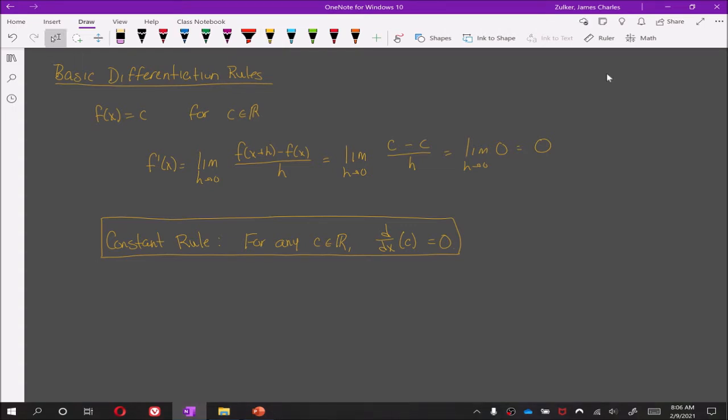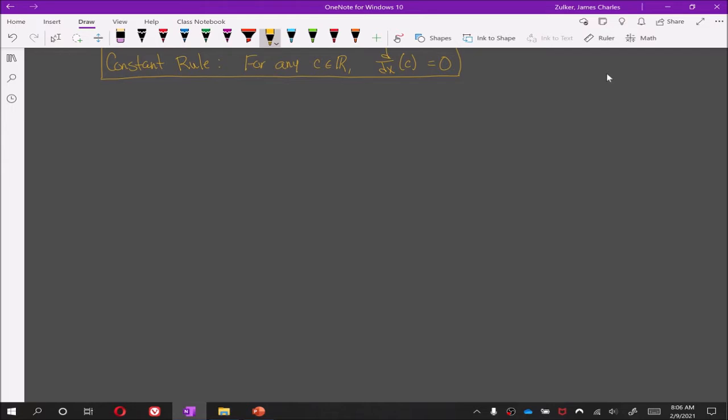Before we look at our next rule, we need a result from algebra, specifically the binomial theorem, which states: for any real numbers x and y, and any positive integer n, x plus y to the nth power